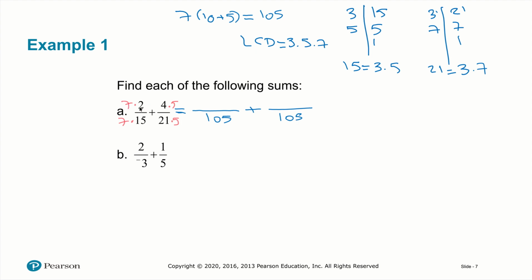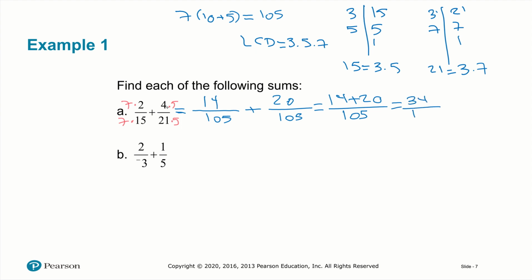So now the new numerator for the first fraction is going to be 14. And the new numerator for the second fraction with the denominator of 105 is going to be 20. So now all we have to do is go ahead and combine the 14 and the 20. So 14 plus 20 over 105. So we end up with